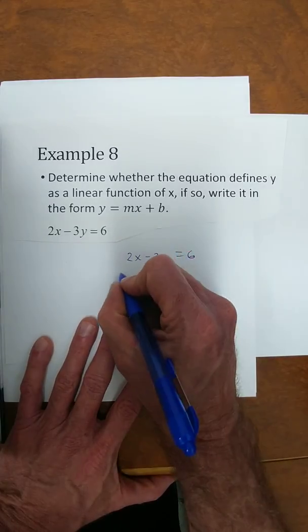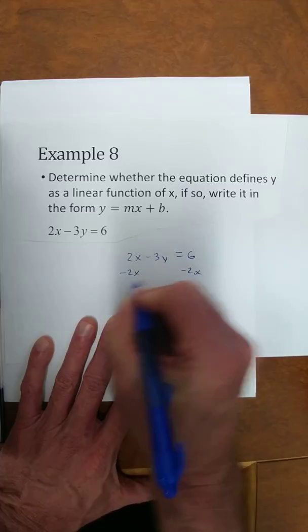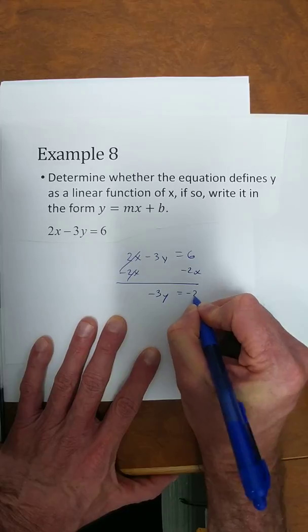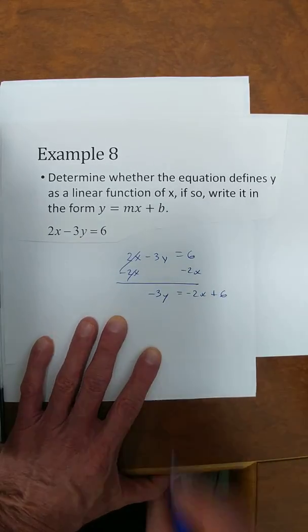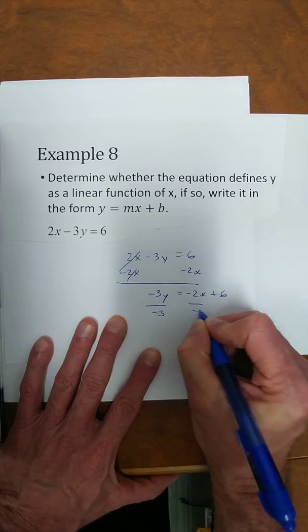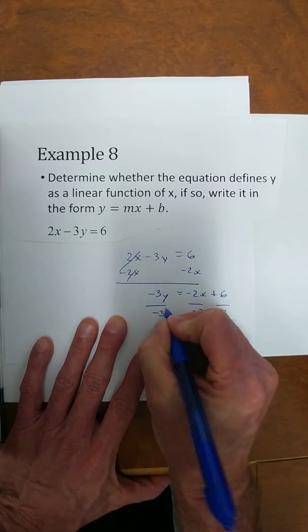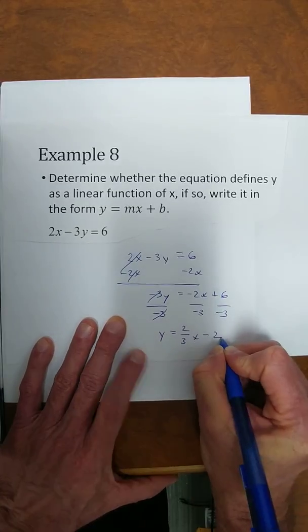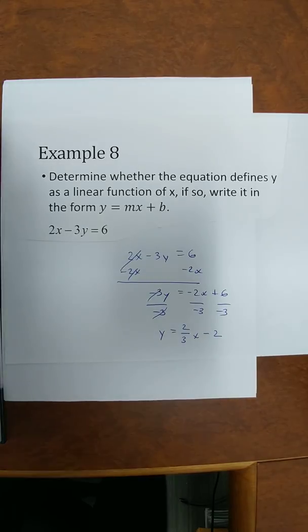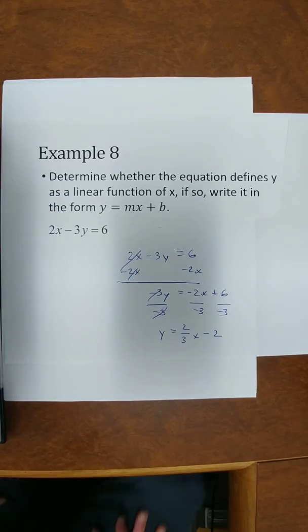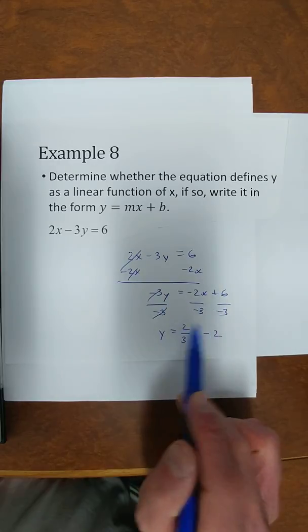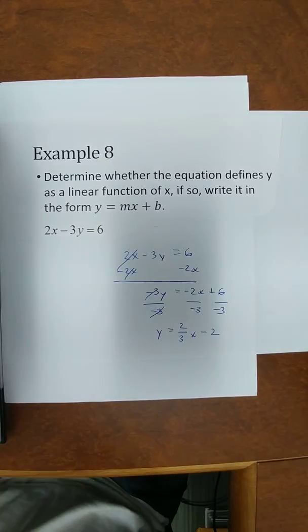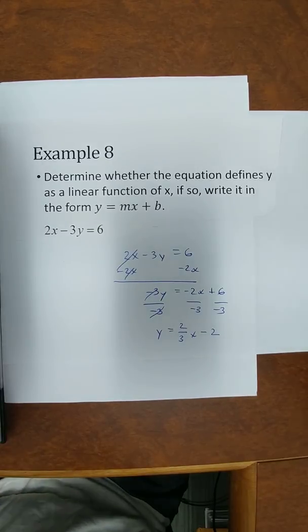So in order to do that, we would have to get the x term over, so I'm going to subtract 2x. That'll result in negative 3y equals negative 2x plus 6. And then we can just divide through by negative 3. And that gives me, those cancel, we'll get y is 2/3 x minus 2. And that is our equation. What we've done is just rearrange the equation to the y equals mx plus b form. I'll leave it there for a second so you can